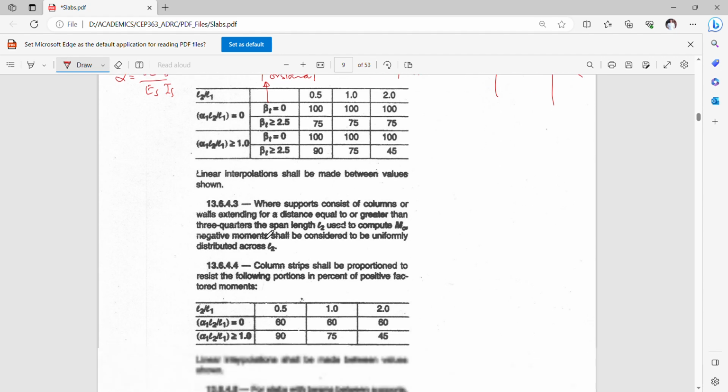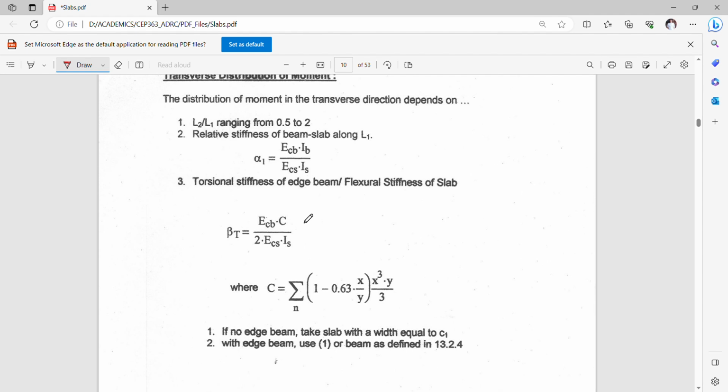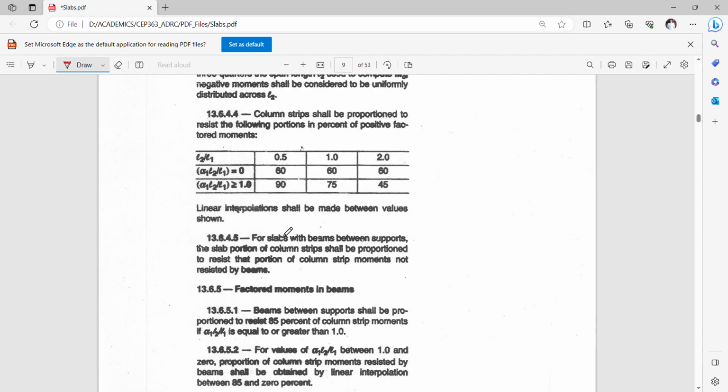For beta t, there's a formula here that we are going to use both on the ACI direct design method and the ACI equivalent frame method. So that is how we can use